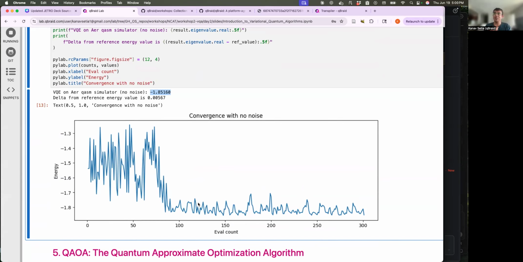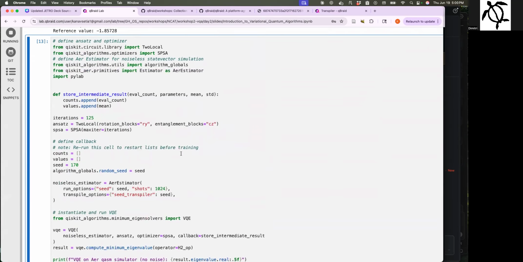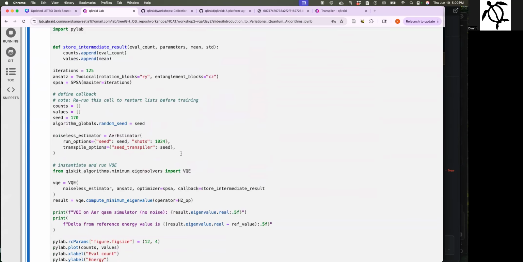Okay, so far, any questions? I just want to check my understanding. So two local is the model that we are trying to fit in order to approximate the Hamiltonian given, right? No, so